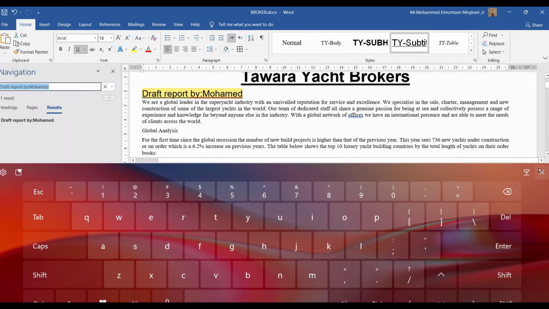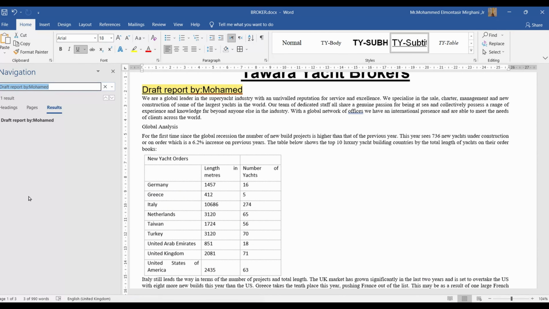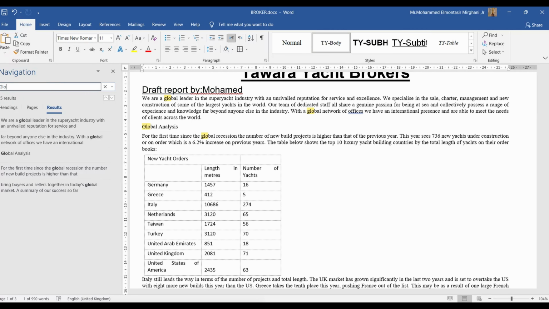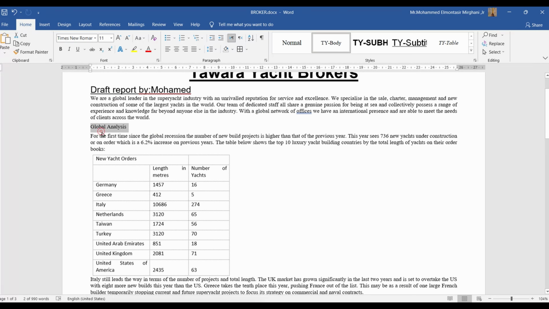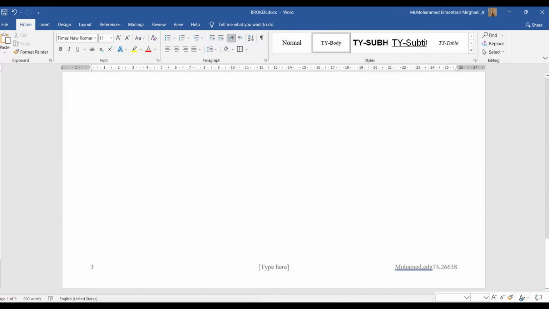It will open this navigation, and we call it the find navigation. To find something, just write it down here. I'm going to write the first three letters, GLO, and it will highlight everything that starts with GLO in your document. Here it is, my global analysis. I found it. Just close this one, and highlight from here down to the rest of the document